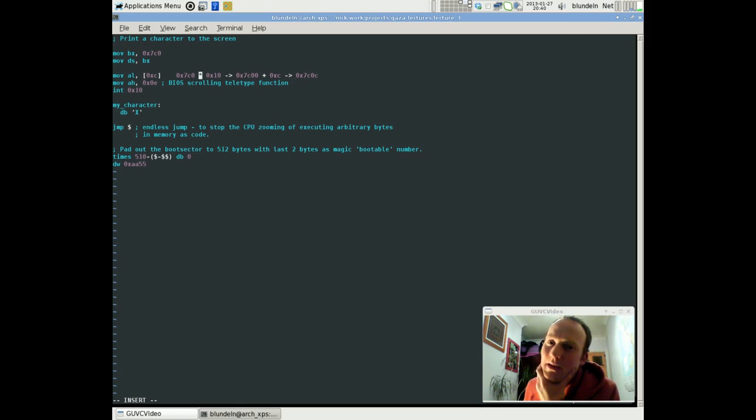So we showed there how this segmentation works. Now in my case, I didn't really need to set the segment up, because I could access it by putting 7C0C as the address that I load into here. I could easily reach far enough into memory to get my X. But if you look at this